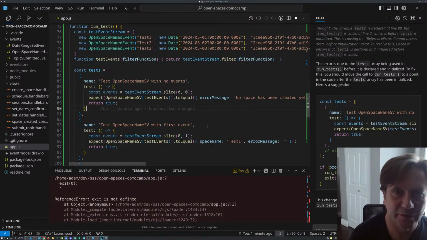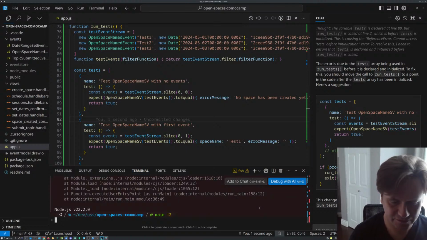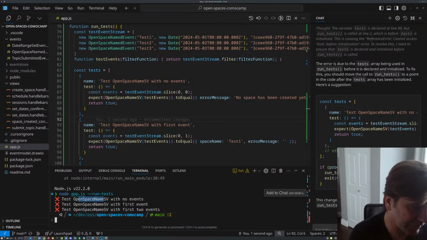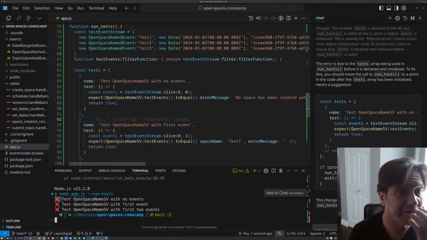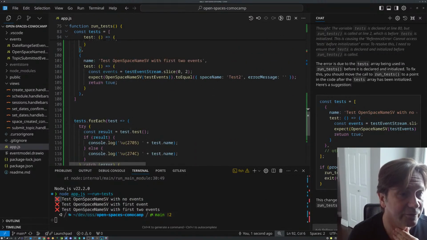Did I just not run it after saving it? Okay, I have to save it first. Does it save? Yeah, it saves when I lose focus of that file. So, okay. Awesome. It's not telling us why things are failing, but they are failing and we're getting a failure thing here. So do we have return true? If result, it gives us